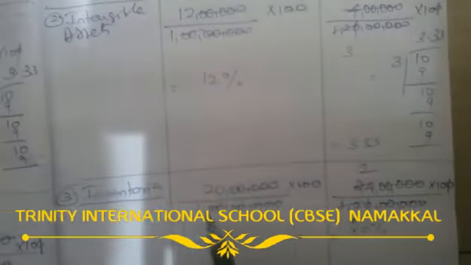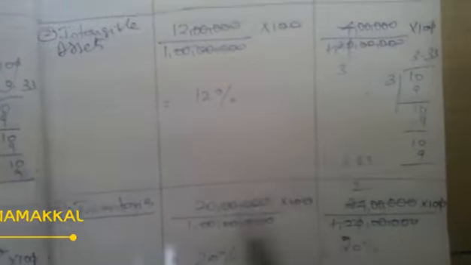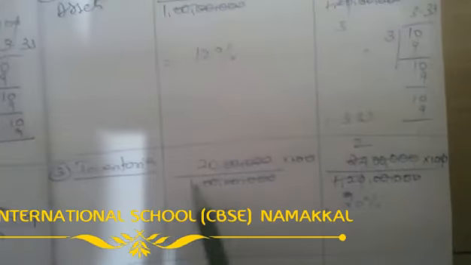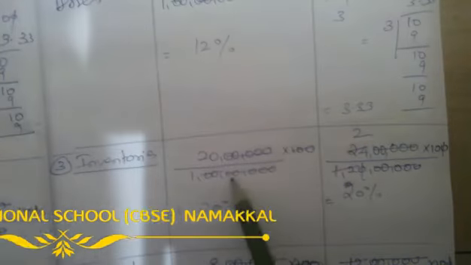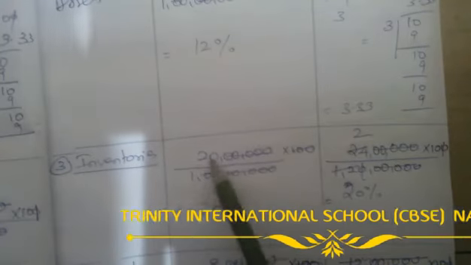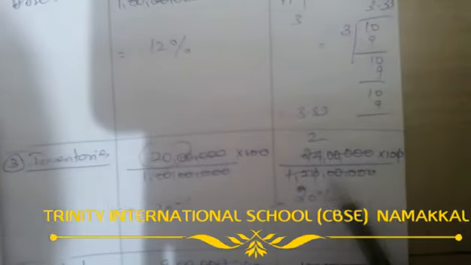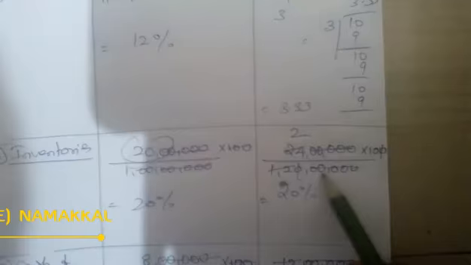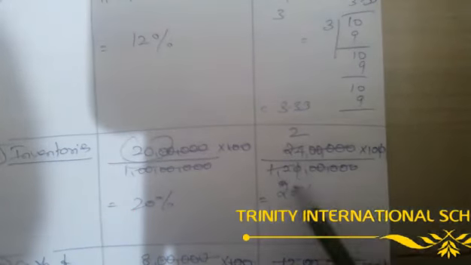That's what in comparative and common size statement is very easy. The only thing is the calculation is time consuming. How quickly you are going to do it. Okay, here inventories: 20 lakhs divided by 1 crore into 100. So easy simplification. Here all 50, here 50, here 100. So finally this 20 we can do. Okay, 20%. Then similarly here 24 lakhs divided by 1 crore 20 lakhs into 100. In the same manner all this 50, here 50, here 10 I cut it, here 1. Then 2 12s are 24, so 20%.